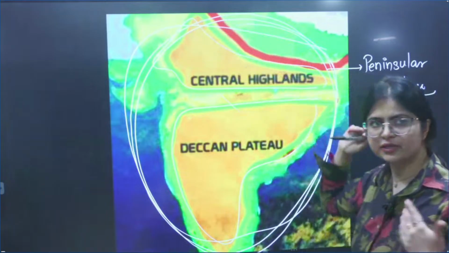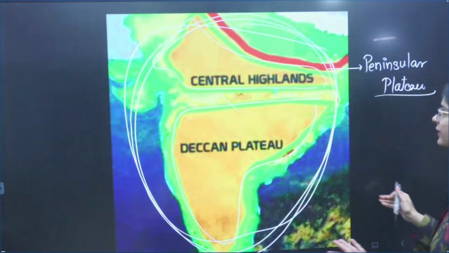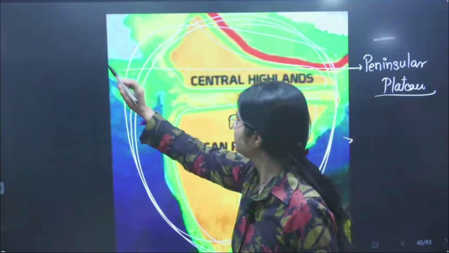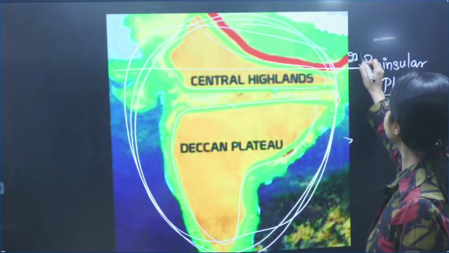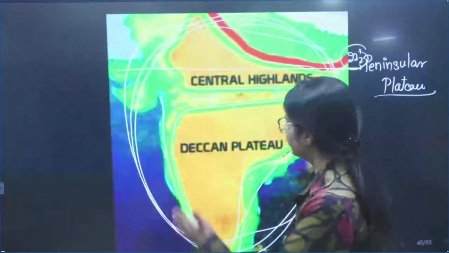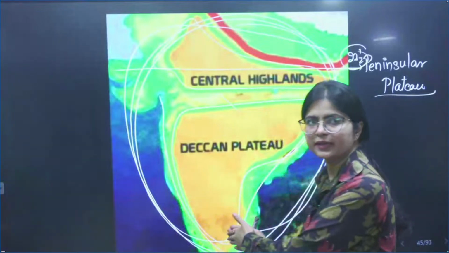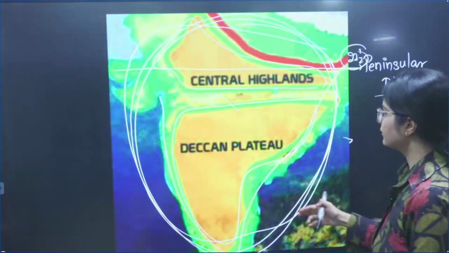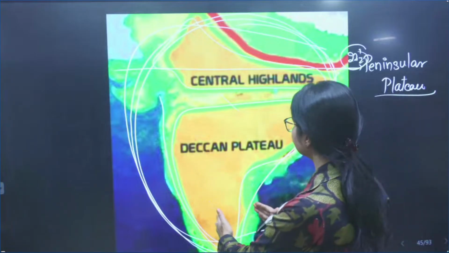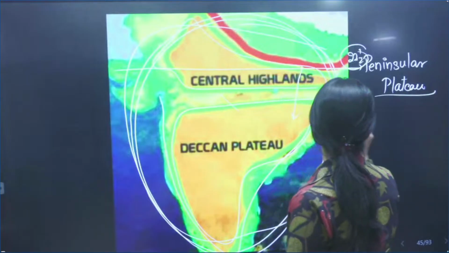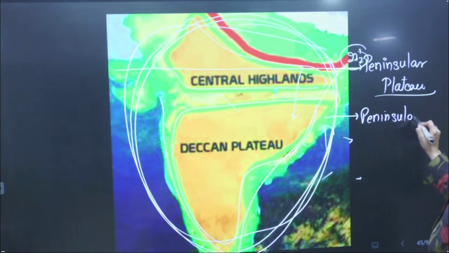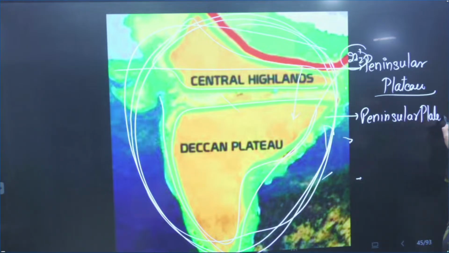I told you in the initial class also, yesterday also, it is tapering after 22.5 degree, right? At 22.5 degree, it starts tapering like this. Tapering means it's going narrower, and it's going narrower, that means it will go towards the Indian Ocean. It's going very, very narrow, deep, and from here what starts? You start Peninsular Plateau. Now Peninsular Plateau is divided into two parts.